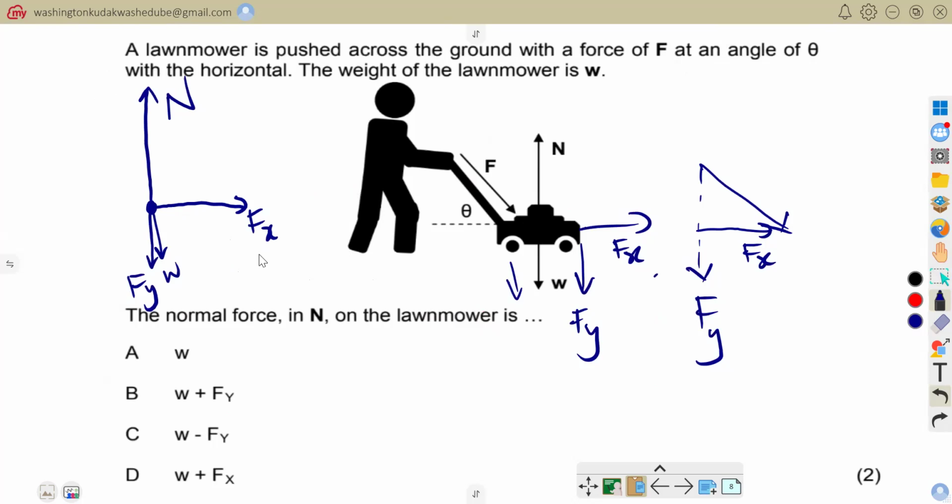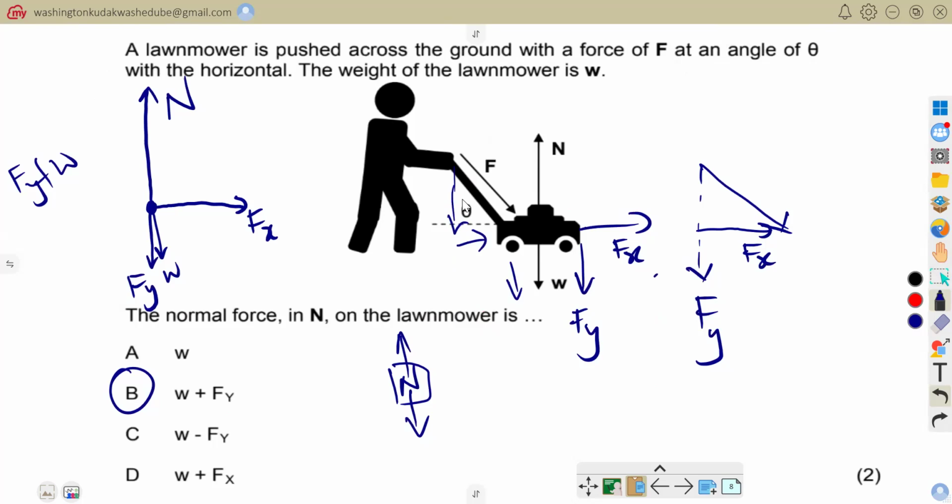So now, if this lawnmower is not going down or up, what becomes the magnitude of this normal force? You can see that this normal force would be balanced by the forces that are going down. So the normal force would be equal to Fy plus W. So my answer was going to be W plus Fy,